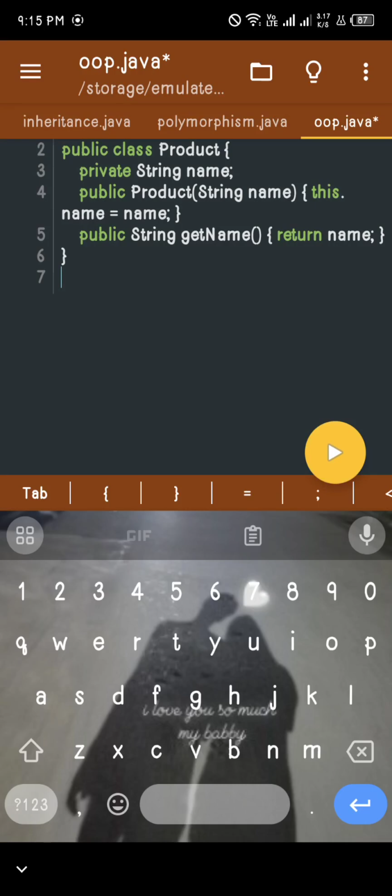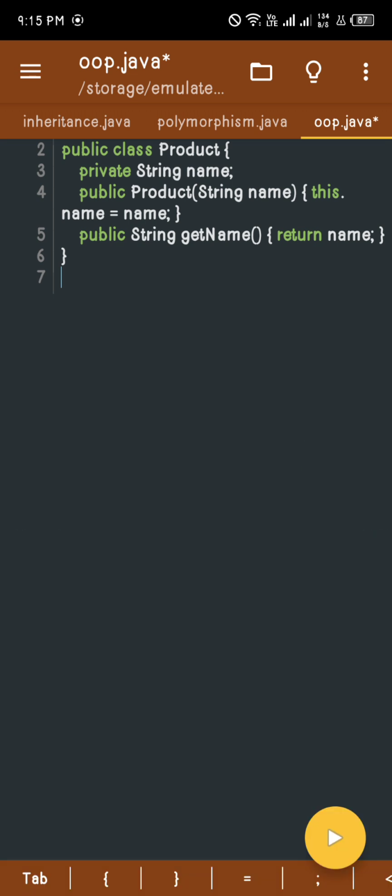This is my example code, and the public class Product. The private string name is an instance variable that stores the name of the product, and private means it can only be accessed within the Product class. The public Product(String name) { this.name = name; }